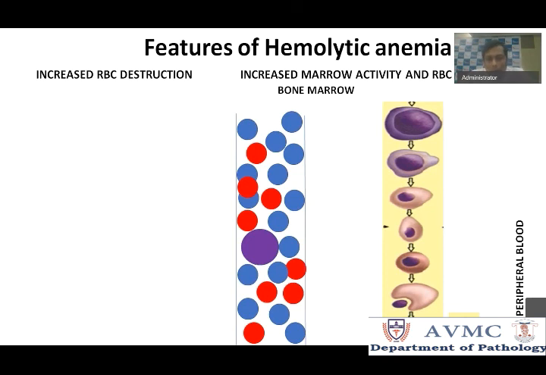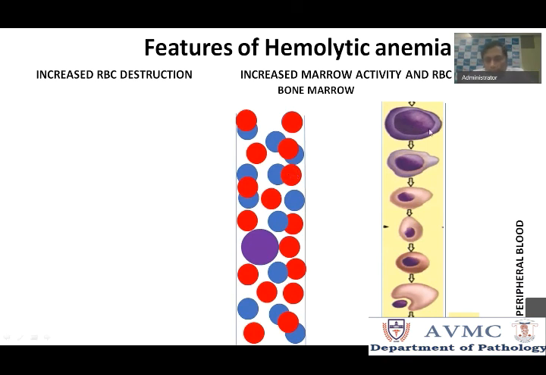What happens in hemolytic anemia is, normally the myeloid cells will be more than your erythroid cells, at a ratio of 3:1. In hemolytic anemia, due to compensatory erythroid hyperplasia, the erythroid cells will predominate and go beyond the myeloid cells. So you have more erythroid cells than myeloid precursors. This we call compensatory erythroid hyperplasia. All this is happening to compensate for the loss and to meet the demand for oxygen.